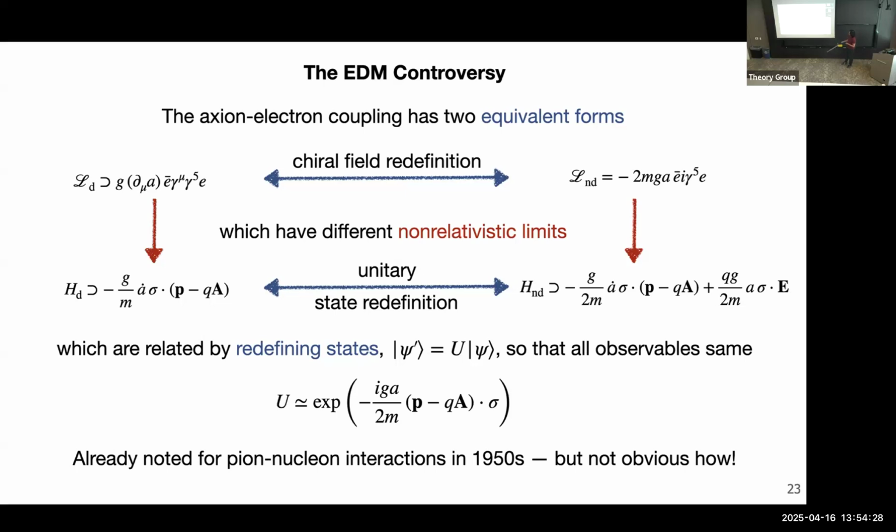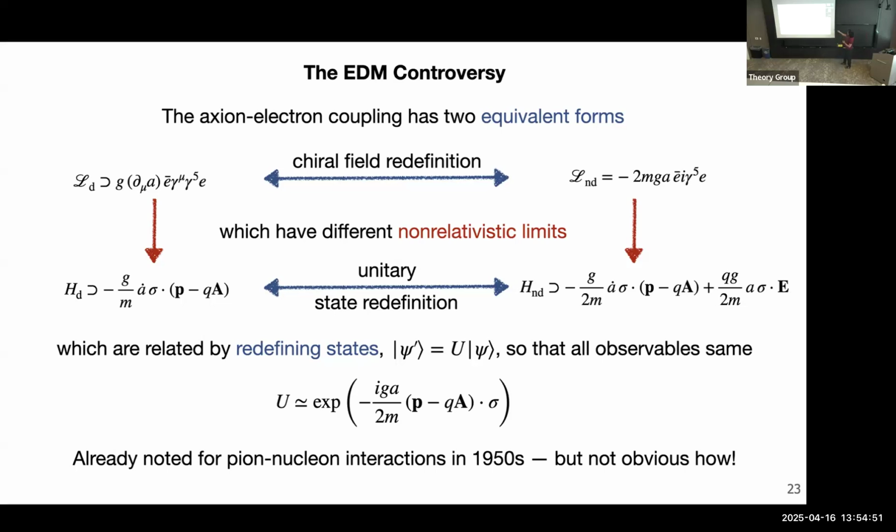But when you go to the level of laboratory experiments involving things like bound electrons and dipole moments, it is not completely obvious how this works. We know from very general principles that this side should give you the same physics as that side, but it sure doesn't look like it, because first off, there's a factor of 2 that's different over here, and second, there's a term with no derivative, so how could that possibly be the same thing? So I'm going to show you how it's the same thing now.